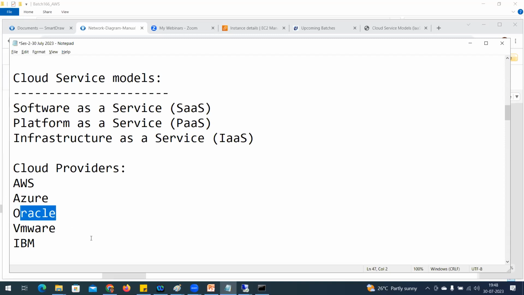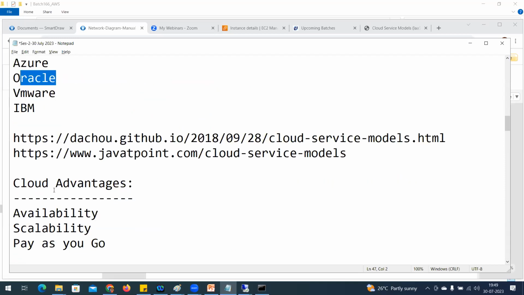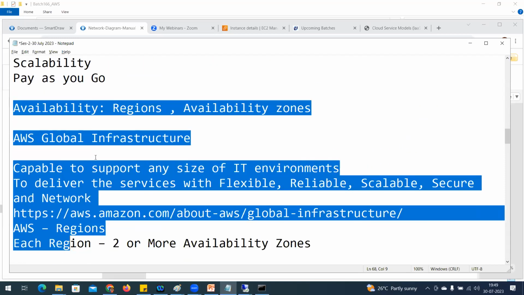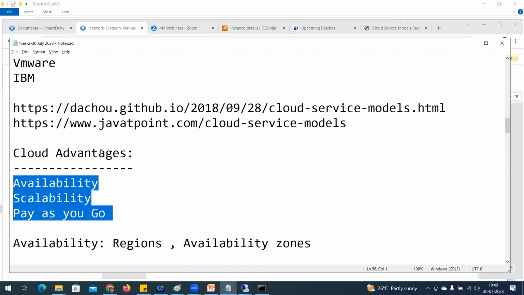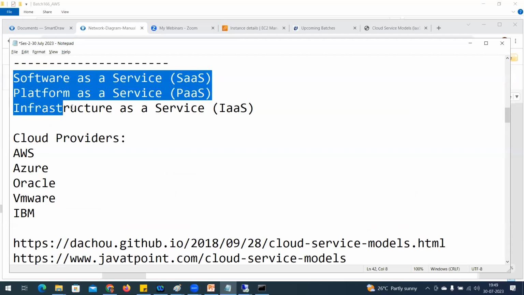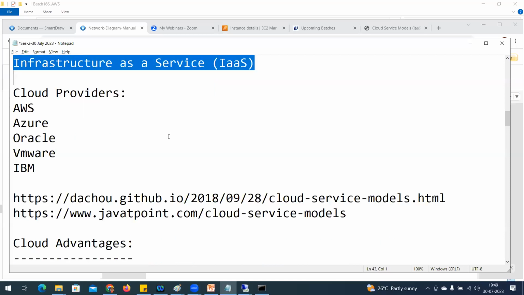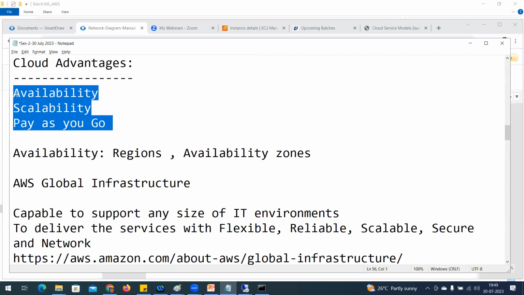It all depends upon what features they are going to provide and how they define them. That comes under availability, scalability, pay as you go model. These cloud providers, what are the features, what are the services, these 3 services they are going to provide. These 3 services are defined based on availability, scalability, pay as you go.